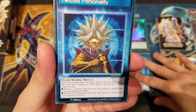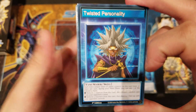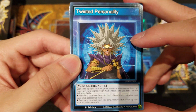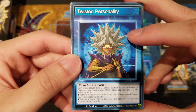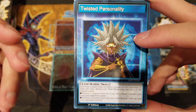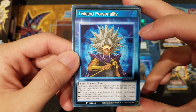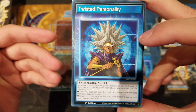But this one right here is what everyone needs to talk about. As always, the juicy paragraph-like ones are going to be really good. Twisted Personality. Each time a player loses life points, so it can be either you or your opponent, place 1 counter on this card, max 3. Once per turn during your main phase, you can use one of the following skills. You can remove 2 counters from this card and discard 1 random card from your opponent's hand. That's really good already. It's so easy to meet the requirements to stack up your counters. Or you can remove 3 and